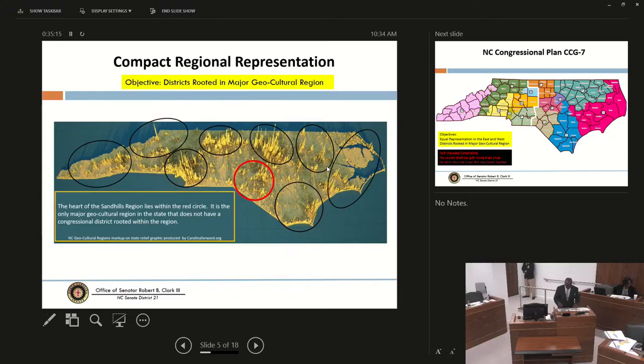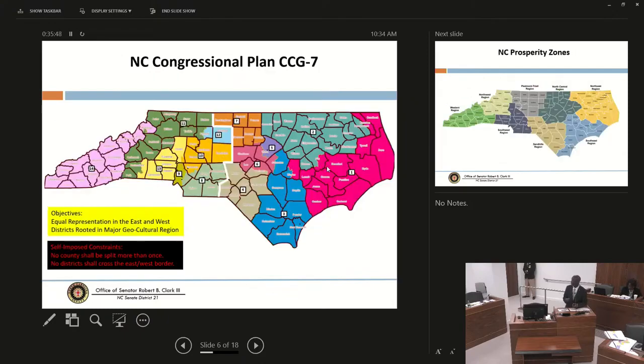And by the way, before I forget, my friends across the aisle mentioned that Maurice Holland indicated in his written comments that he wanted a Sandhills district. Yes, indeed he does. As a matter of fact, I know Maurice. He's the chair of the Democratic Party in Moore County, and he showed up for our last public hearing and specifically endorsed CBK4, which contained the construct and the plan that I'm presenting to you today, as his preferred choice for a Sandhills district. So that was another one of the self-imposed constraints or objectives I had with regard to a map.